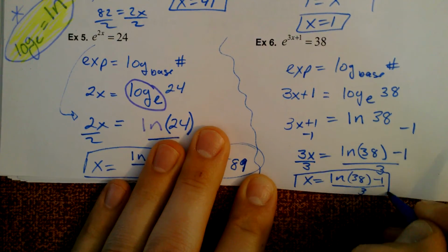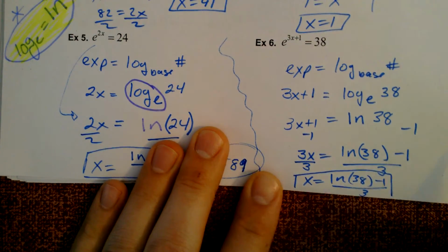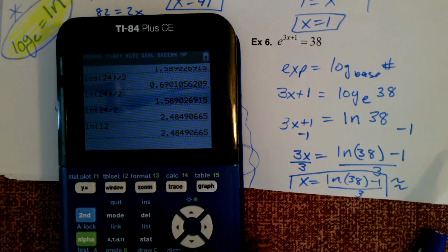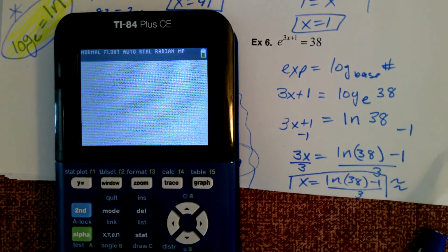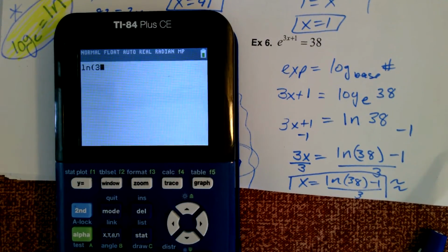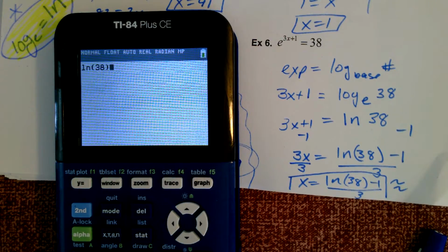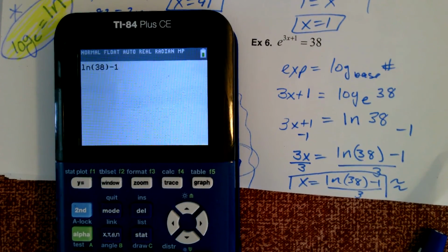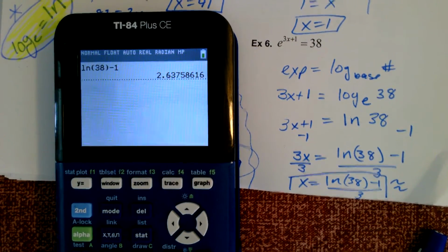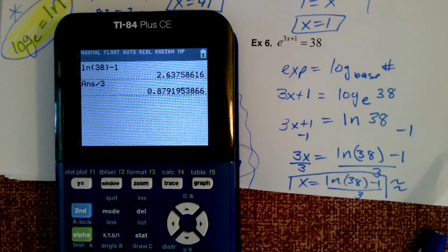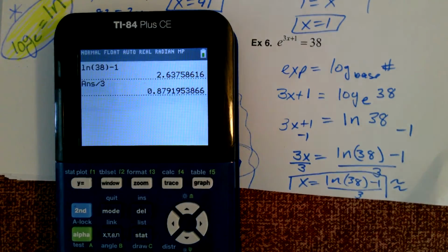So if my MyMathLab wants exact, and then you should be able to do the approximation. In my calculator, this is how I would do this one. I would do the natural log of 38, close that parenthesis, minus, big minus sign, 1. And that's my numerator. I'm going to press enter there. And then divide by 3. So that's our answer. We should get